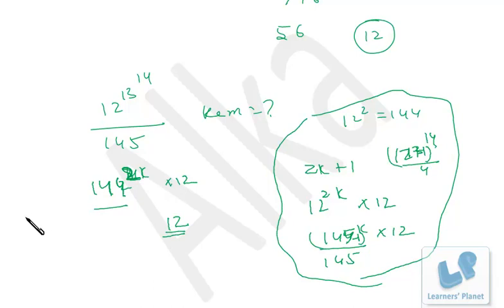Okay, and I'm sure you are getting the difference why we are not taking 2k plus 1 and why we are taking 4k plus 1. Okay, you should be clear about it. If at all you are not clear with this k, what is the status of k, that's odd or even, you cannot mark the correct answer, because minus 1 raised to k is your remainder, right? If k is even, the remainder will be 1. If k is odd, the remainder will be minus 1. So there is a drastic difference. Okay, so I hope you are getting me.